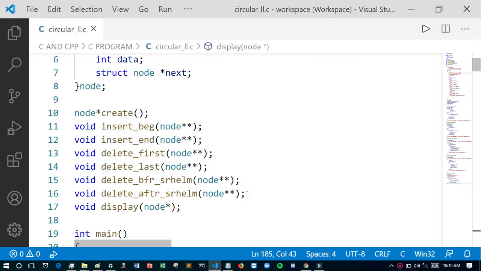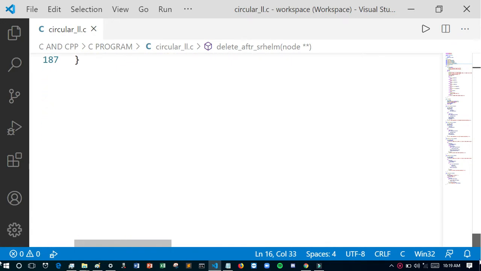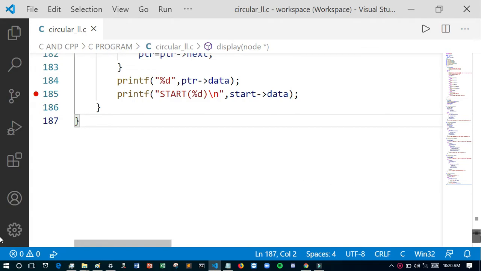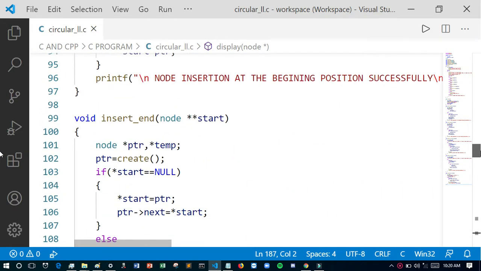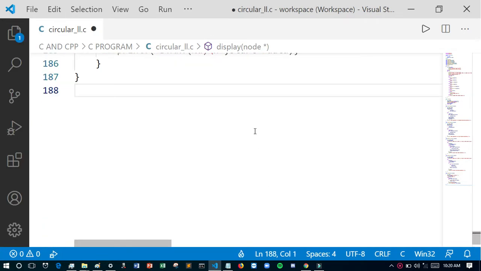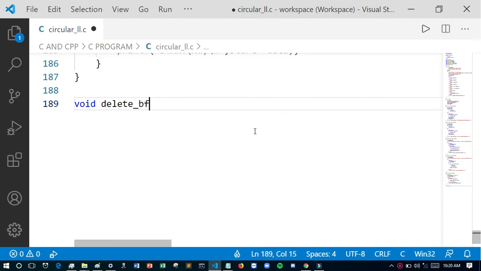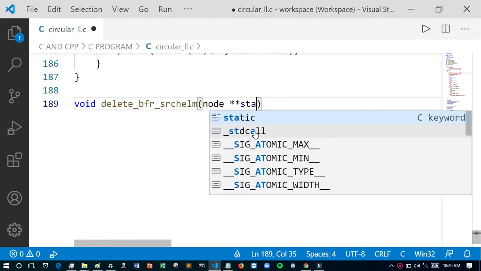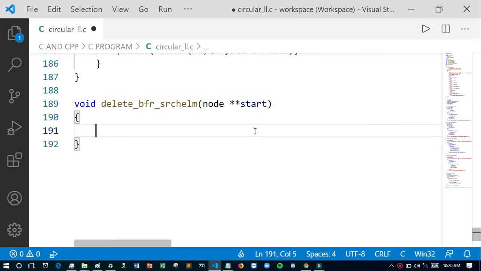We have to create only the remaining 2 functions: delete before searching element, delete after searching element. It is very important to remember, and always you have to check a special case also. So I want to write the body part of delete before searching element, shortcut CHELM.